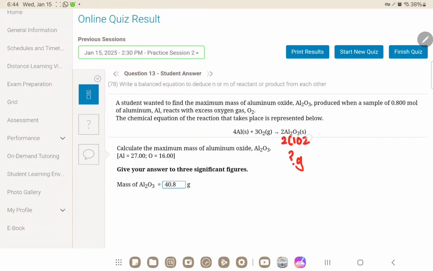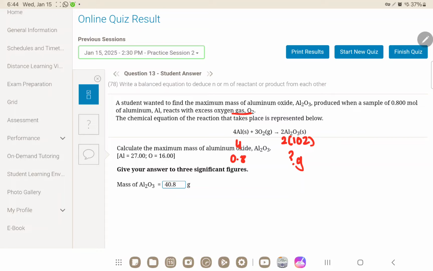O2, if I'm not mistaken. So you have 0.8 moles of this aluminium reacting with excess. You don't need to find excess and limiting here because they told you O2 is excess. So in the equation, the given is 4, the reacting is 4, and the given is 0.8. So you do